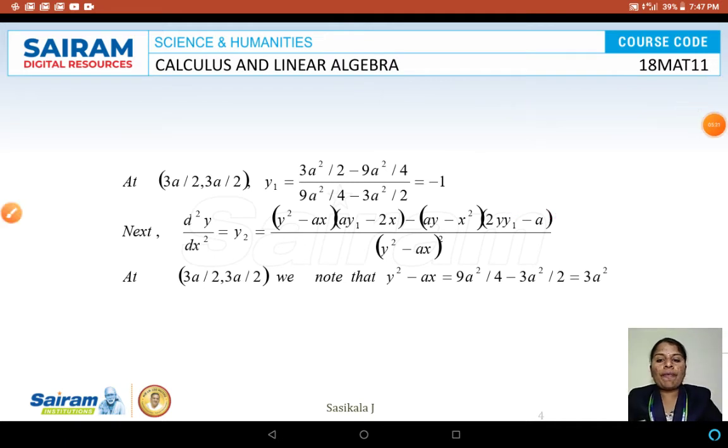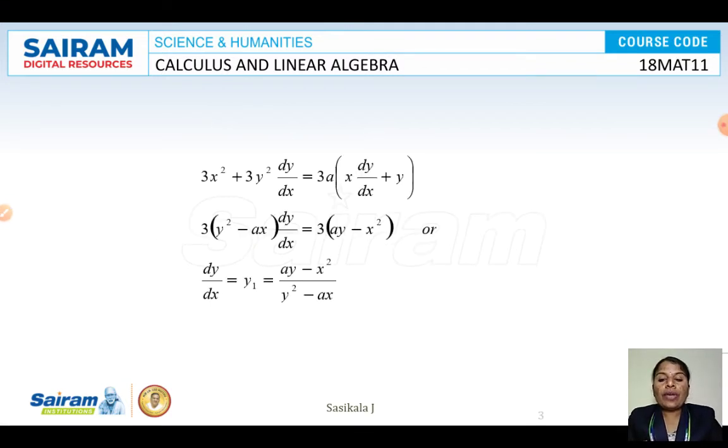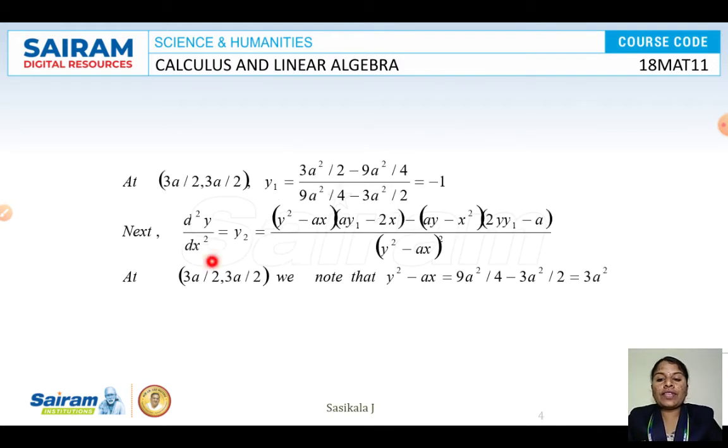Okay. So now we have found your y1. What we need to do, we have to find your y2, since the formula is in terms of your y1 and y2. Okay. So what is that? Take the differentiation before substituting your x and y point we are supposed to take, because if you take that it will go 0. You are not supposed to take it. So take the differentiation d squared y by dx squared, which is equal to y2.